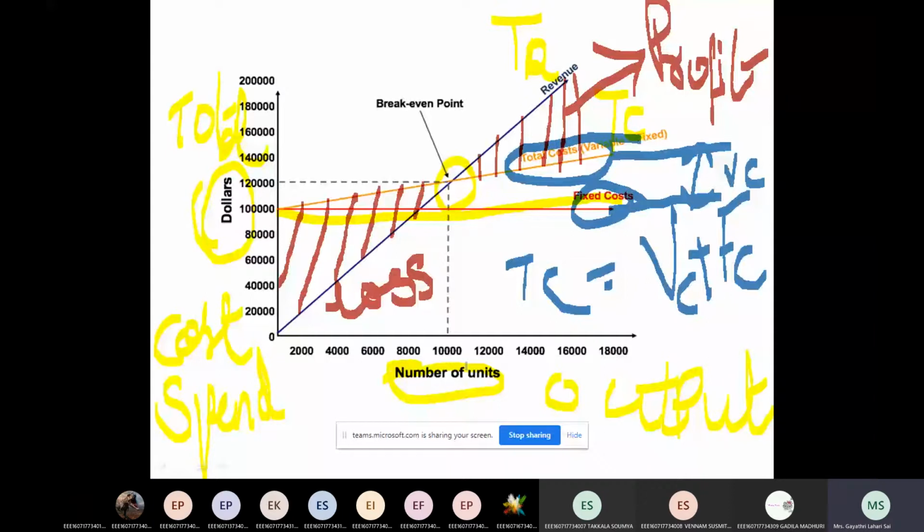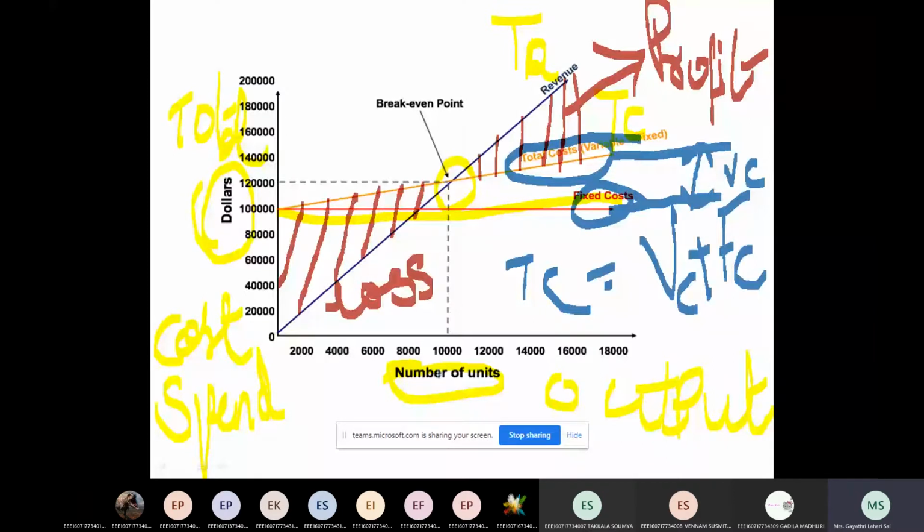Everyone please tell me, this topic is very important from an exam point of view. Today I'm just covering it from an external point of view. You have to understand this graph. Break even point is the intersection of the curves of TC and TR. The shaded part below is loss, and the part after the point is profit. TC is equivalent to variable cost plus fixed cost.